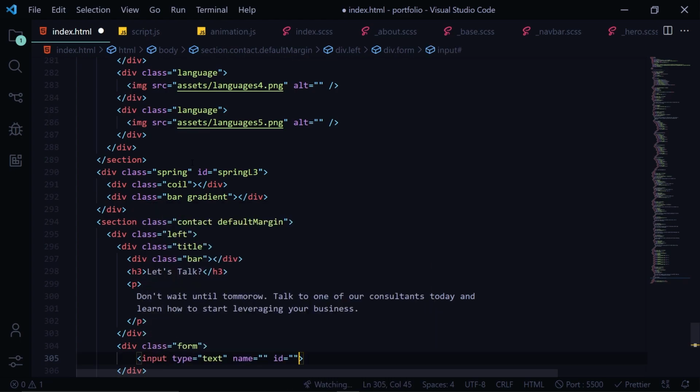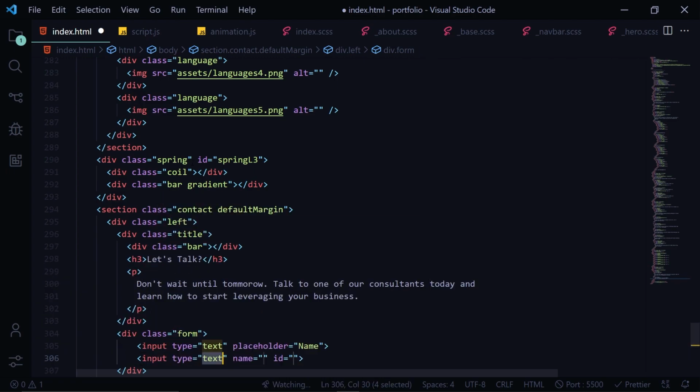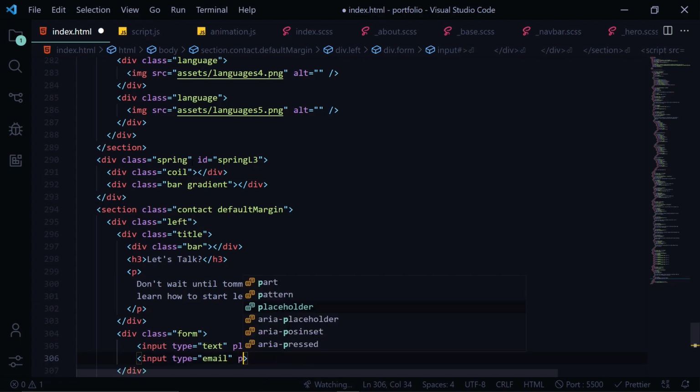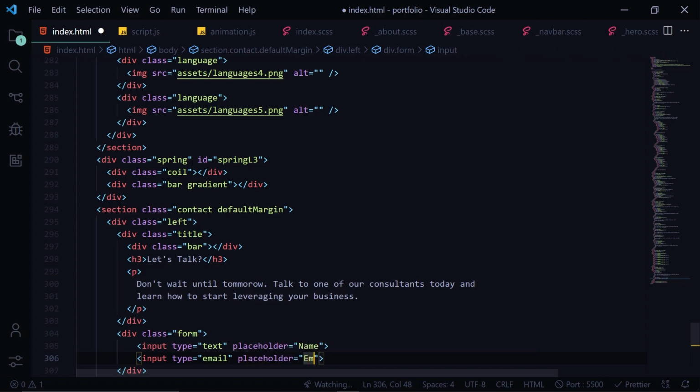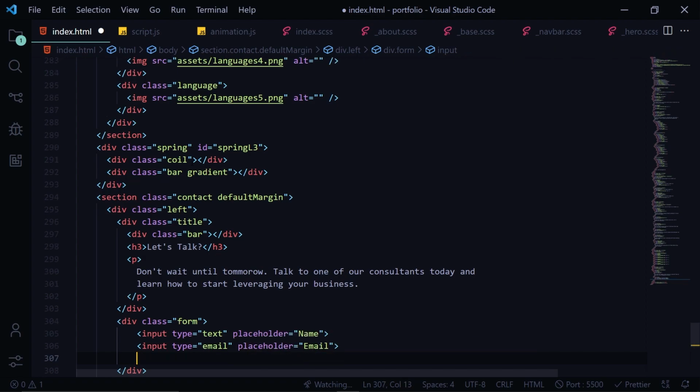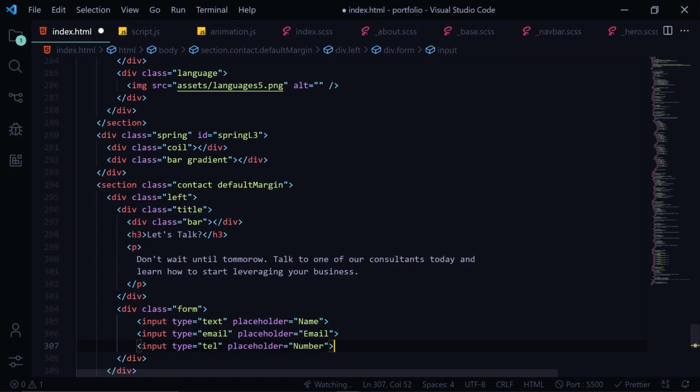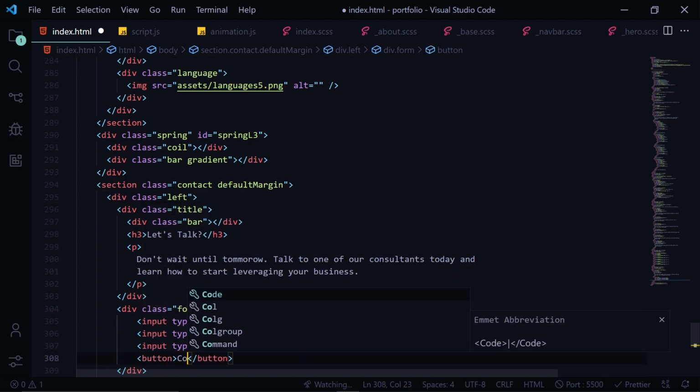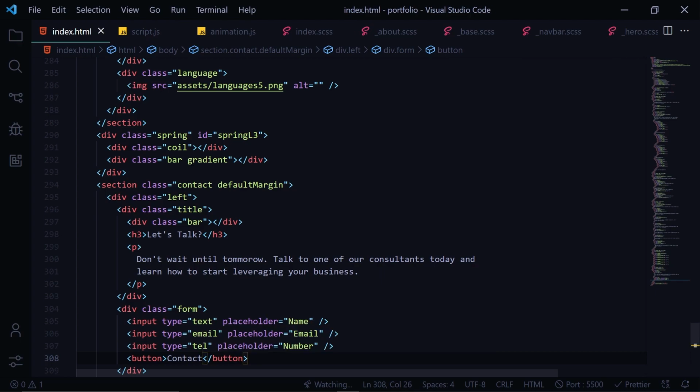input of type text, placeholder would be name, input of type email, placeholder is email, input of type tel, placeholder is number, then we have button with contact, save it,